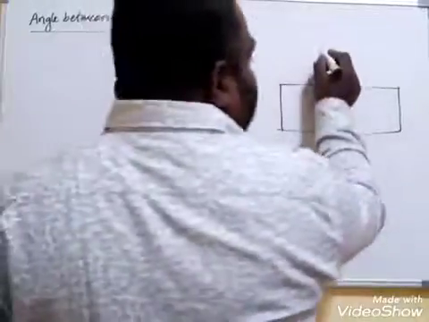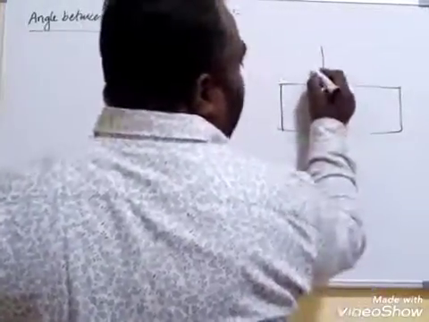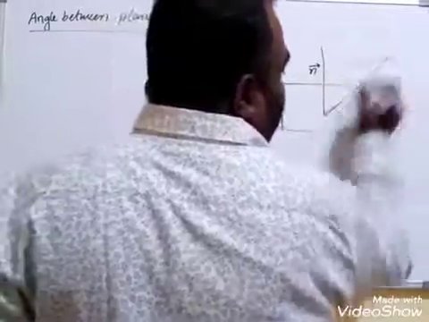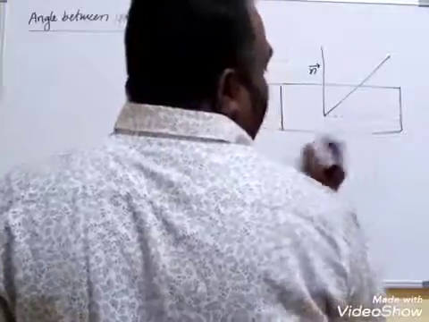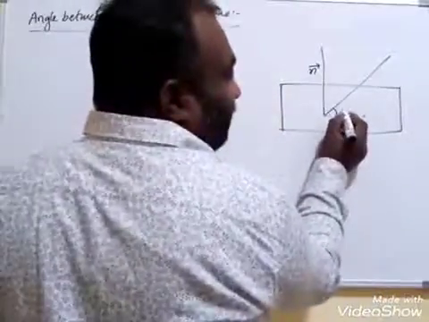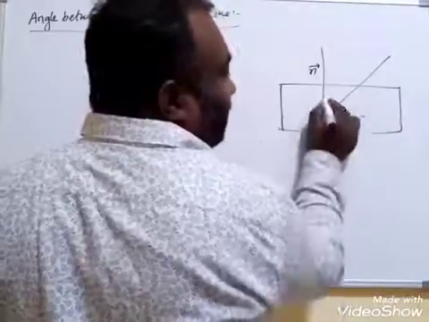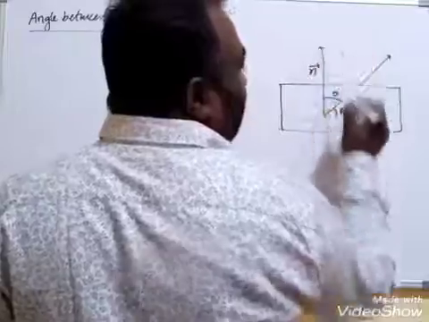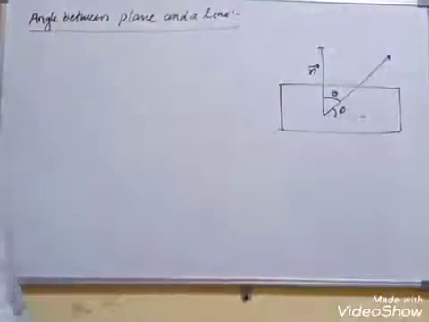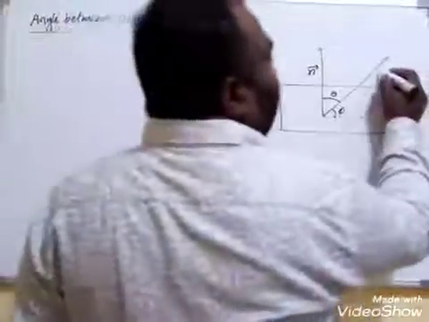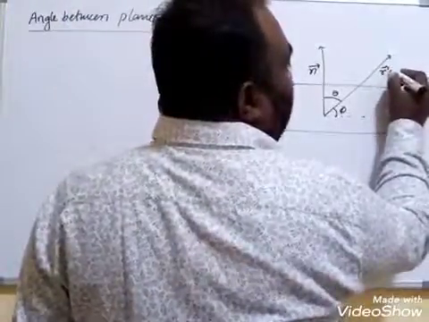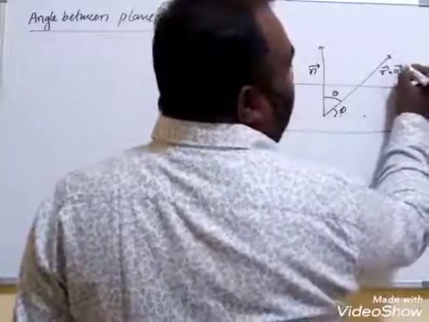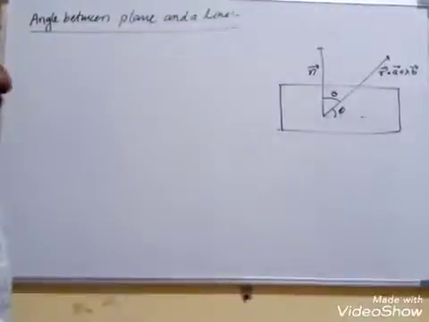Now, this is the normal of this plane, okay. Now, this is the line which makes an angle phi with this line. Now this one is the theta. Now this is the line. Okay. Now what we need here? This is the line whose given equation is r bar is equal to a bar plus lambda b bar. They are given.